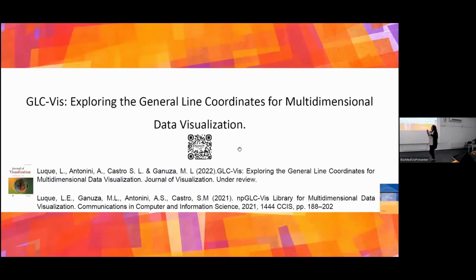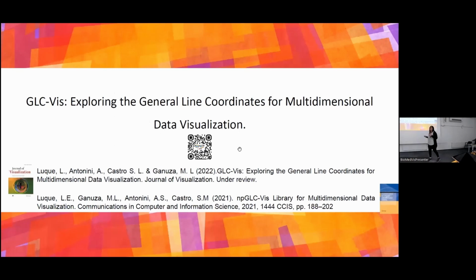We also realized that there was not a library or a tool that people can use to draw these new general line coordinates, start using them, and compare them. So we worked on GLCBs that you can download and use.